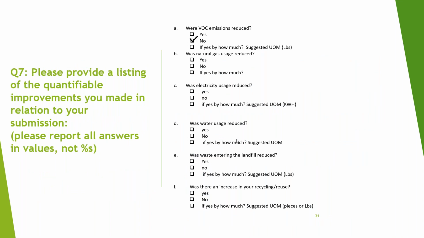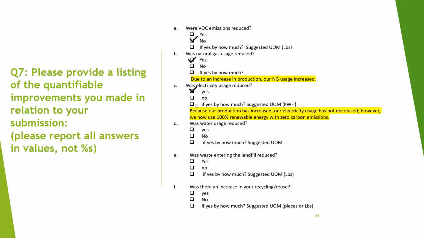And lastly, here is the quantifiable data. So was your natural gas reduced? Yes. And I think we talked about that in the last slide, 36%. But one challenge for them is that due to an increase in production, their natural gas usage increased. So this is a challenge when people are measuring their data. There are also volume dependencies. Your natural gas may be going down on a per therm basis, but if your volume goes up, then your usage goes up. So you've got to try to stabilize and take that into account when calculating the impact to the environment based on a static